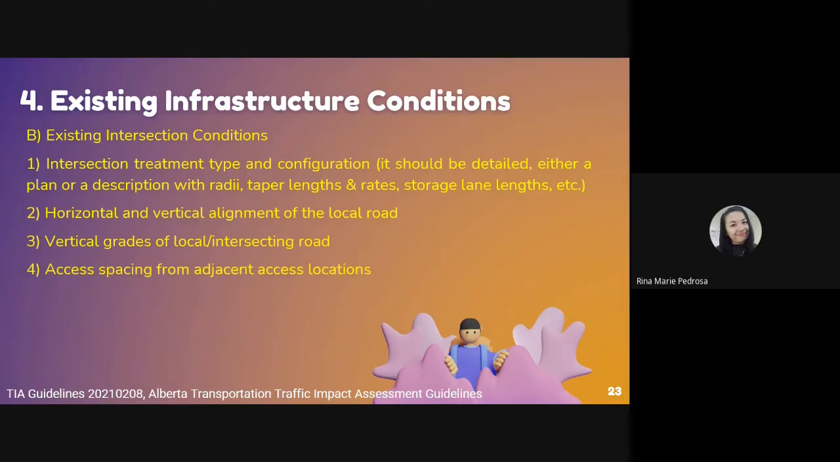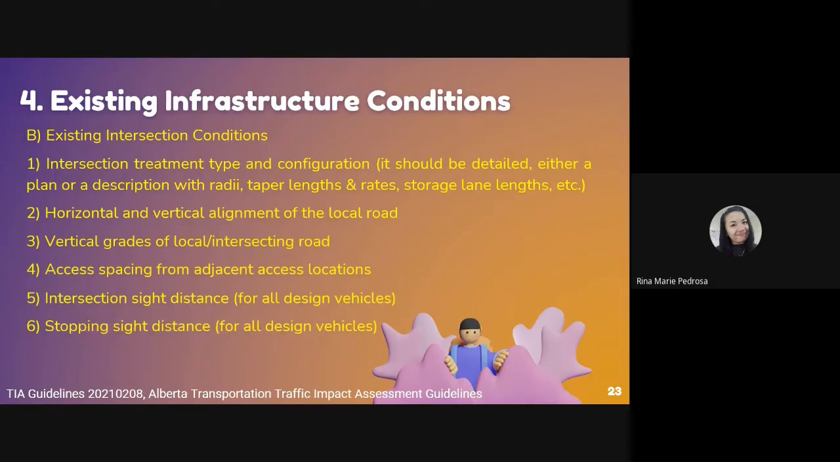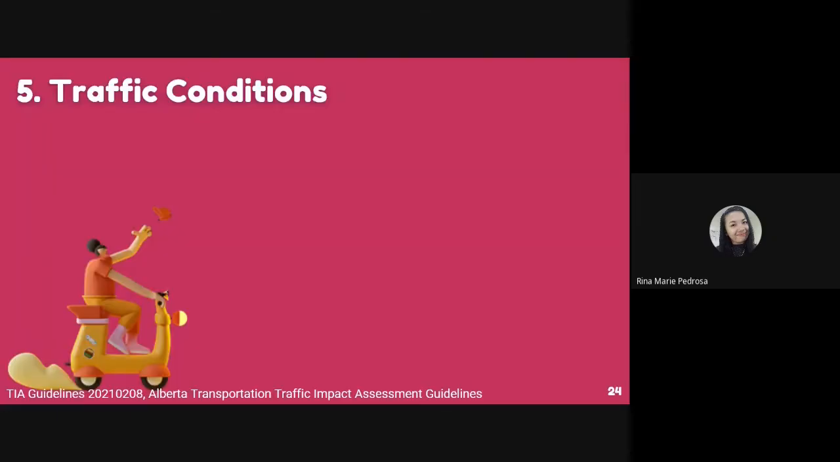Four, assess spacing from adjacent access locations. Five, intersection sight distance for all design vehicles. Stopping sight distance for all design vehicles. Signal timings if applicable, and other developments using the intersection. So in the DPWH, we call this ROCON, road conditions. So this section, the traffic conditions, determines the background traffic volumes that will be used in the analysis